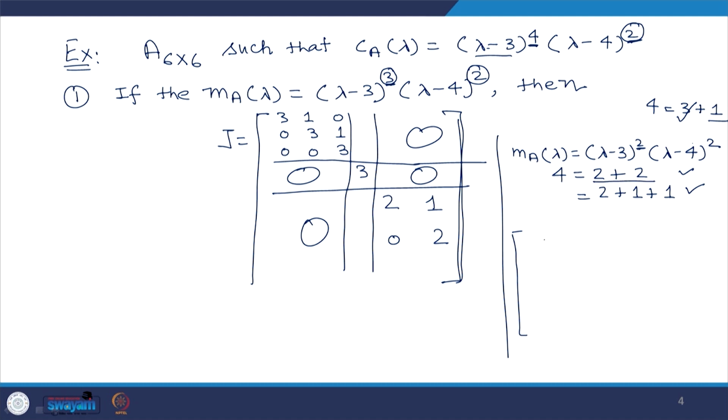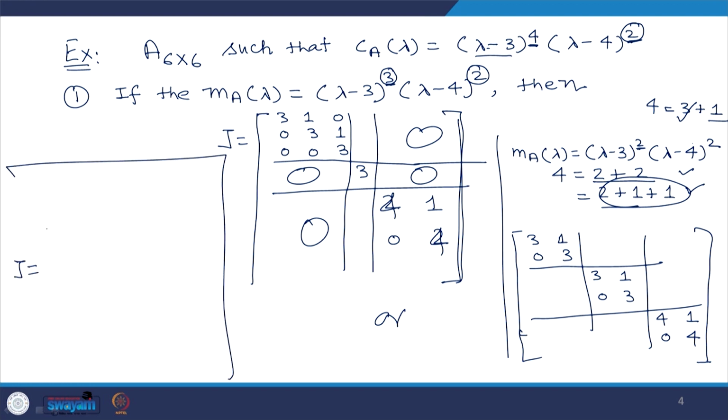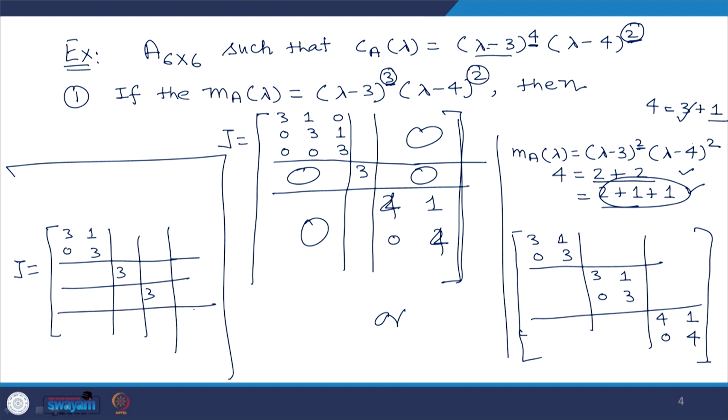If I consider this particular case, then 3 1 0 3, that is the first Jordan block, 3 1 0 3, and then 4 1 0 4. Or if I take the other case, then in this case J becomes 3 1 0 3, then 3, 3, and then 4 1 0 4. Okay. So, in that way you can write the Jordan canonical form of a given matrix